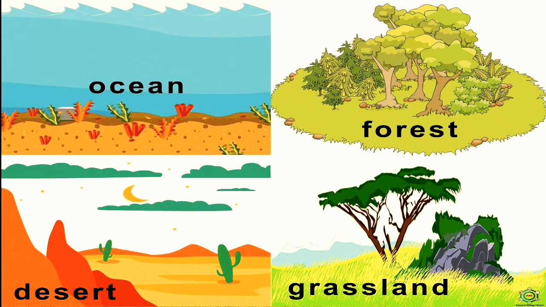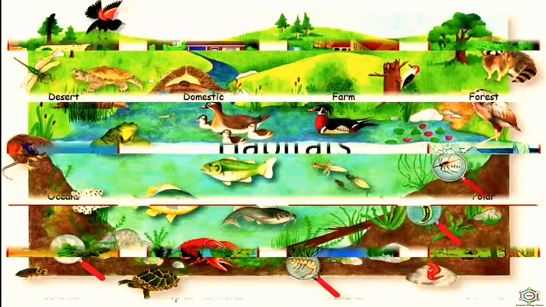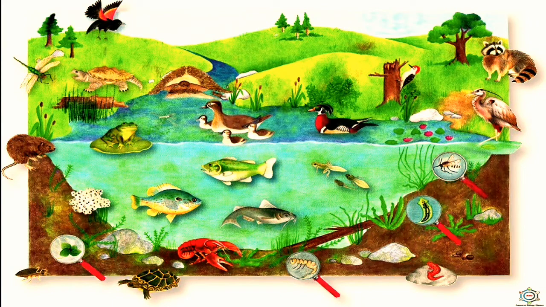Here you can see that there are four different types of habitats, which are ocean, forest, deserts and the grassland. The habitat of the Indian shark, Scoliodon, is the sea all along the Indian coast. The habitat of the malarial parasite, that is Plasmodium vivax, is the red blood corpuscles of the human for a